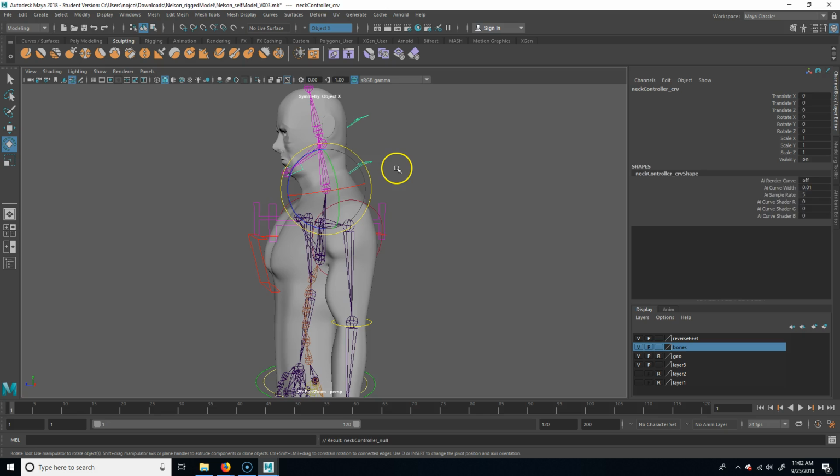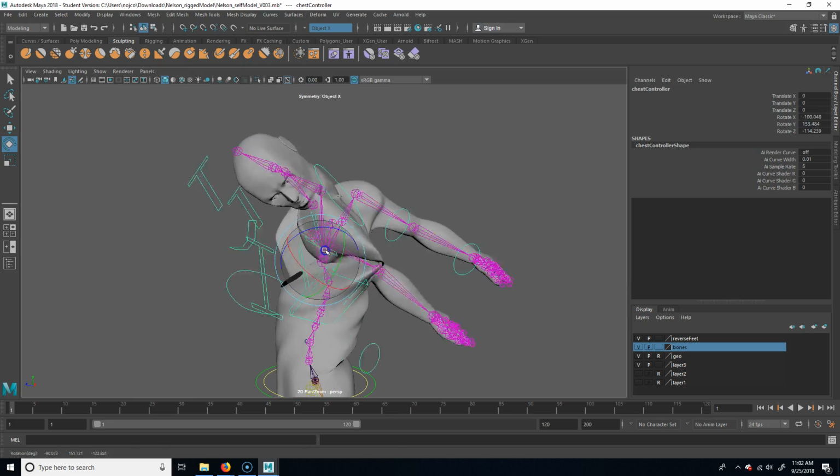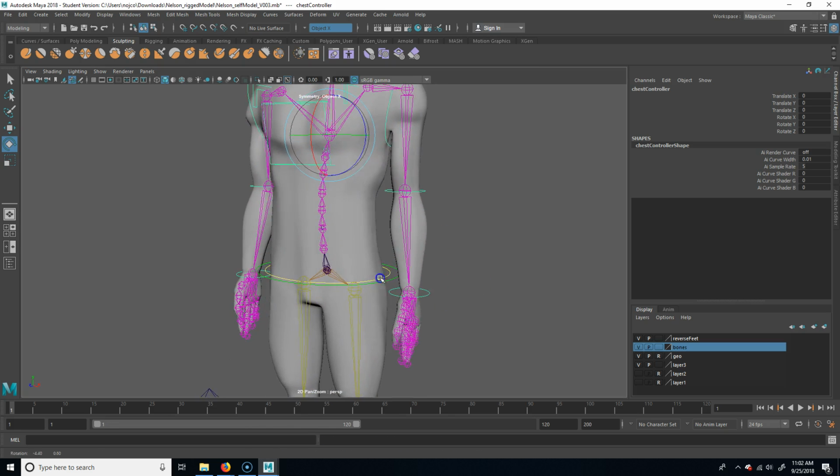And then I'm going to grab this neck, hit the up arrow to get its null, and also parent that to the chest, P. And so now when I move the chest, you can see the whole upper body moves, which is what we wanted. Okay? I mean, it looks bad, but you get the idea. All right. Now,